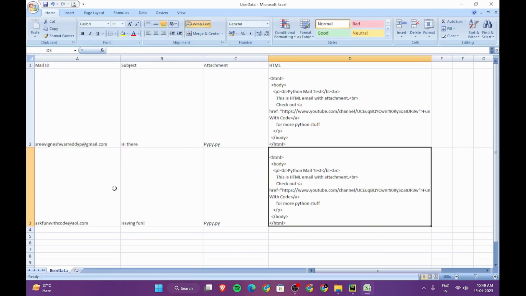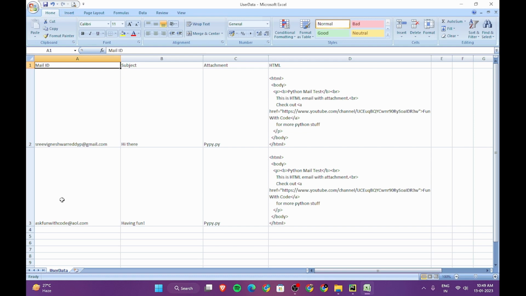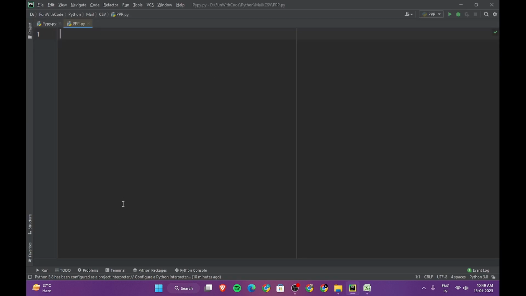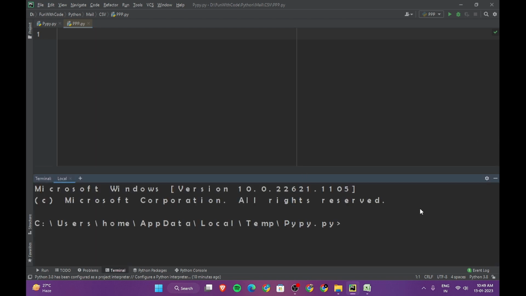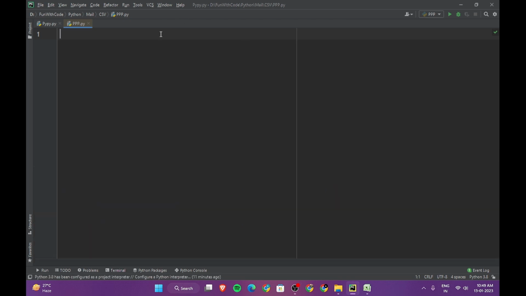So here is the CSV file I have in this format. The first column is the receiver's mail ID and then subject, and then if you have any attachments just give the file path here, and then you have your HTML body here, and make sure this is a CSV file. So you need a module called Pandas to read these files. So go ahead and install the module by using pip install pandas, and then